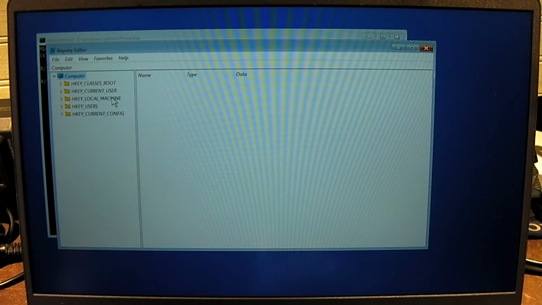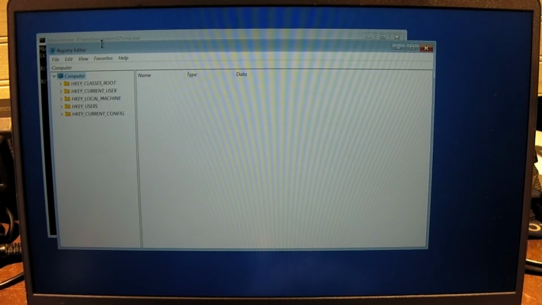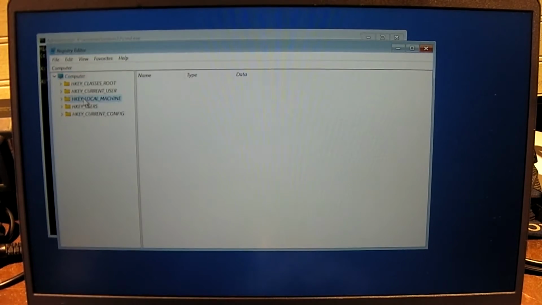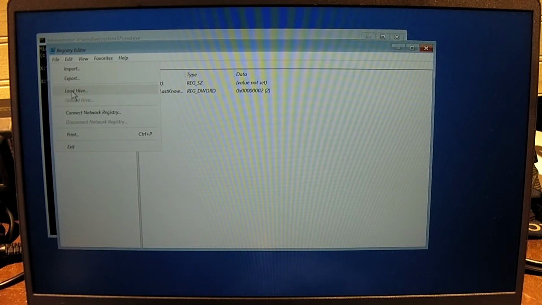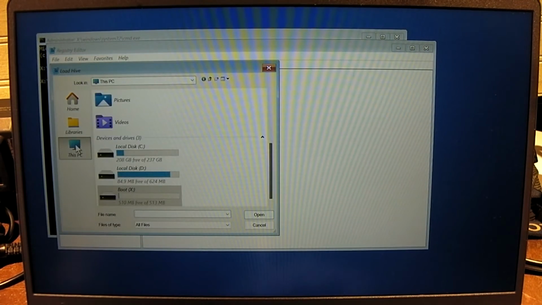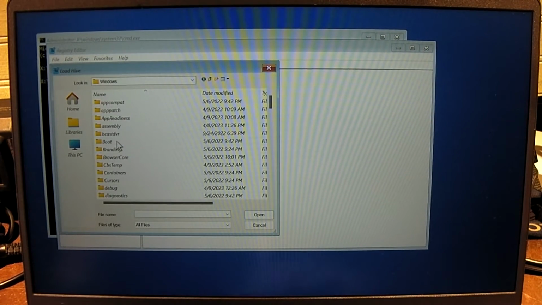So we're now in the registry editor, but the thing is, we are actually in the registry of the recovery environment and not the actual installation of Windows. So if we go to File, well, first we need to actually click on HK Local Machine. Then we go to Load Hive. And if we go to This PC, you will see that it's currently in boot X, which is the recovery environment. So we need to go to Local Disk C, Windows,